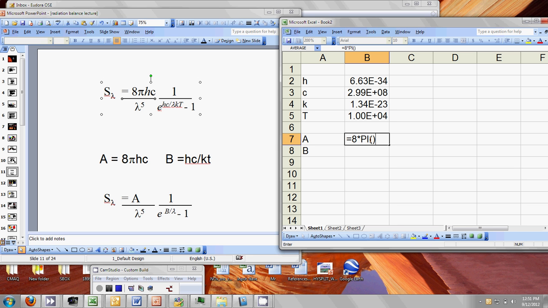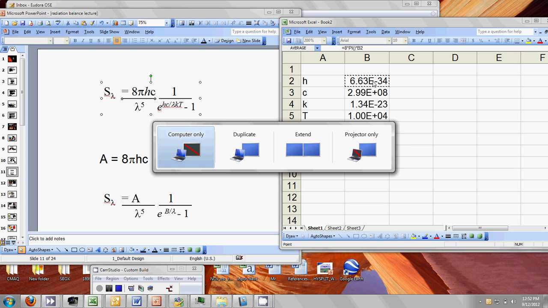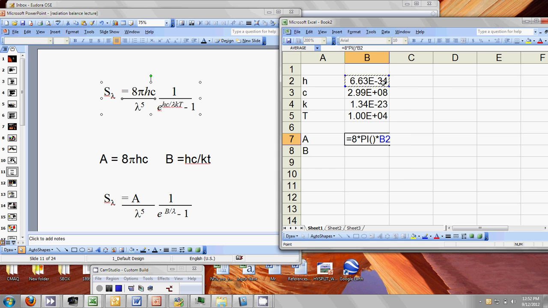So then we are going to multiply that by h, and what we're going to do is keep that as a fixed reference. So in that case, we want to do the F4 key, which will put the $ in front of the b and a $ in front of the 2. That way when we pull down the spreadsheet numbers, it always remains fixed at that number. F4. Enter. Then we're going to define B as H